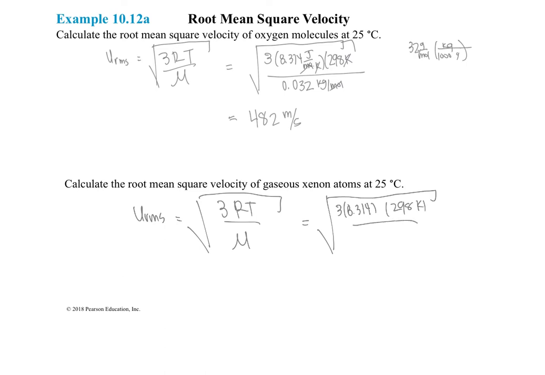Now xenon's mass is 131.29, so I'm going to divide by 1,000 and I'll have 0.13129 kilograms per mole. So solving for that, I get a velocity of 237.9 meters per second. So xenon was quite a bit larger than oxygen, and it shows because it moves slower